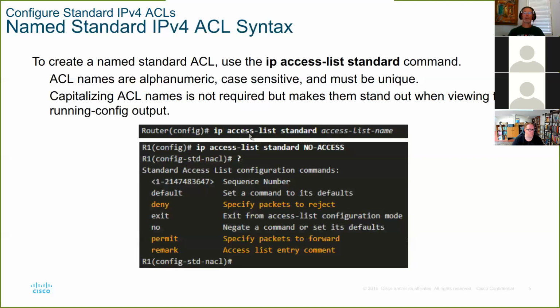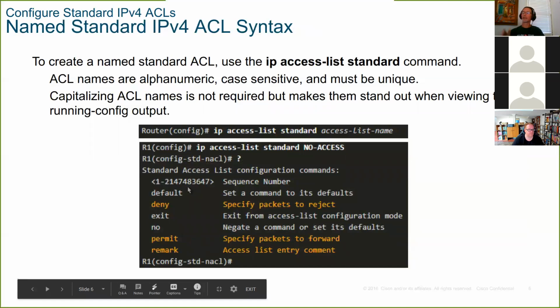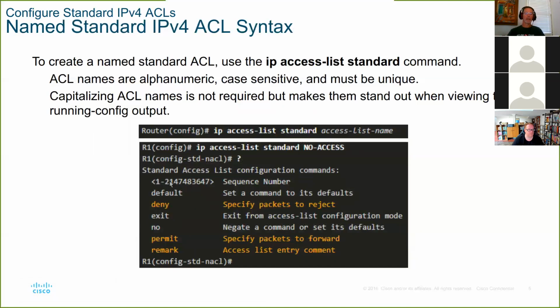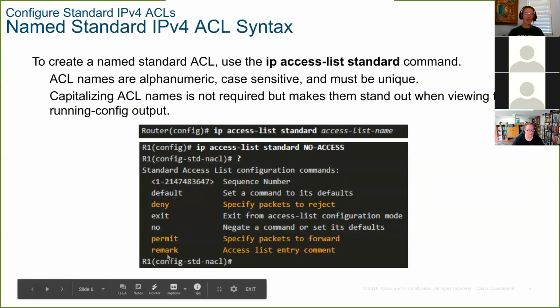So if we want to create a named ACL, we have to start with IP access list standard, and then some name. Once we put that in, like IP access list standard no access, you hit question mark and you'll see here are the subcommands. We can start with a sequence number if we're editing, because when you show the access lists, you'll see sequence numbers. Talk about that a little bit later. We can deny, permit, or remark, right? These are the 3 that we're likely going to start with.